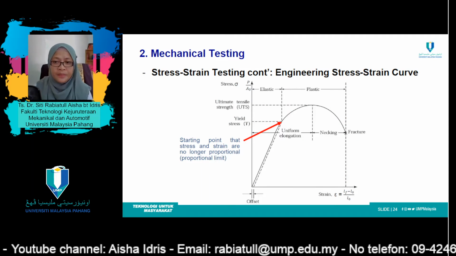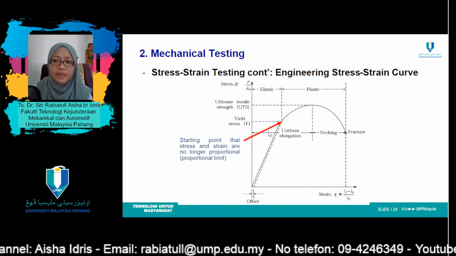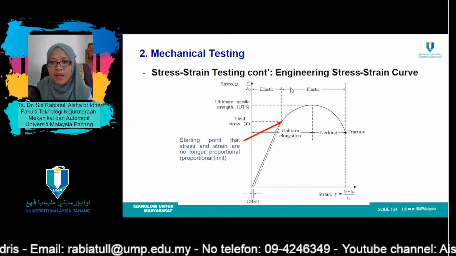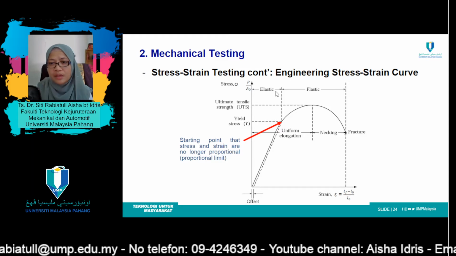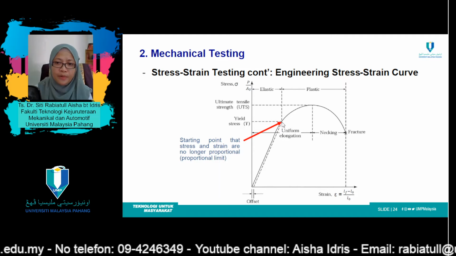So this is the typical stress strain curve. If you look at this figure here, there is an elastic region over here. This is the elastic region, and this is the plastic region. Now let's look at the first region, which is the elastic region, starting from the point here until point Y, or yield